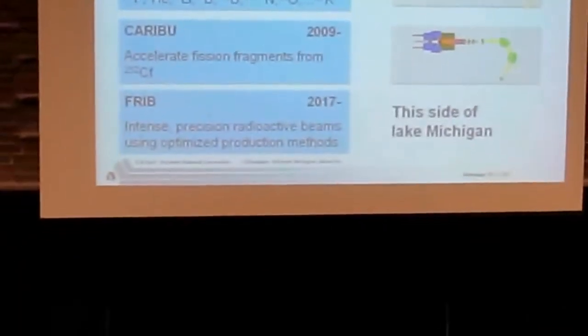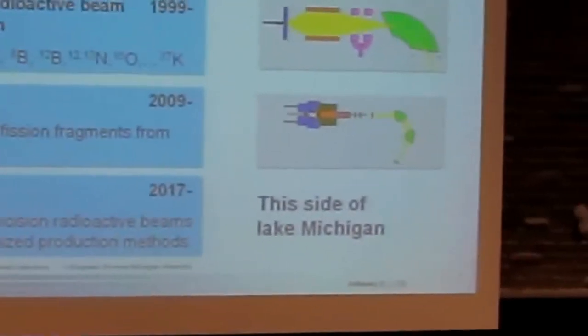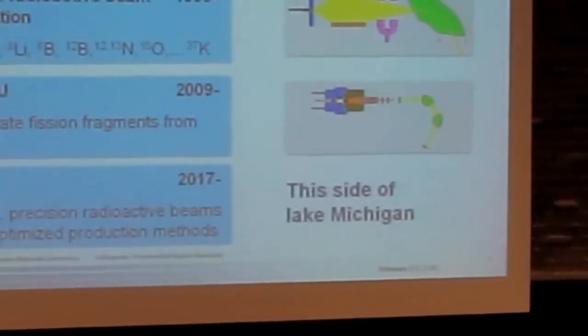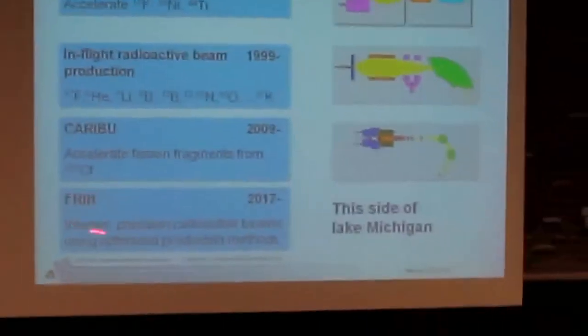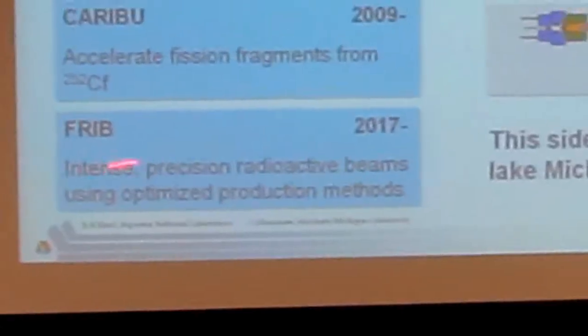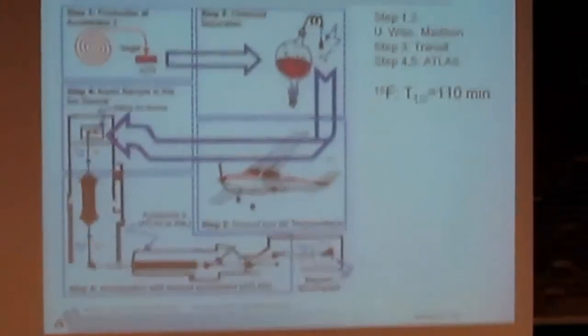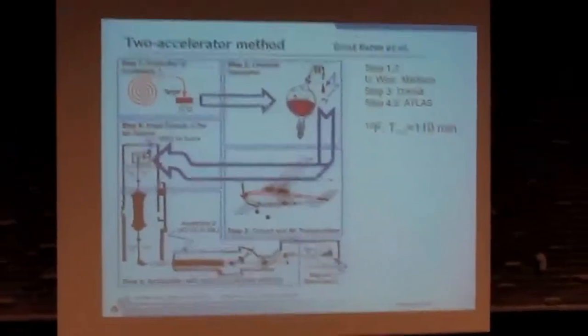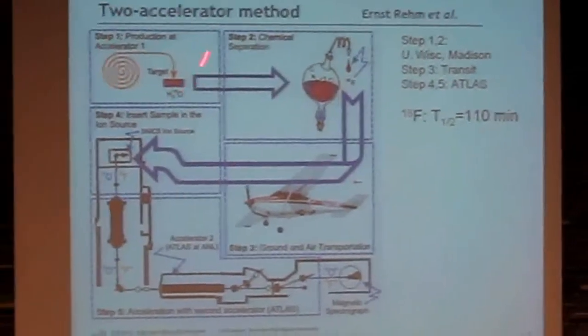And those two fragments that come out in the fission are actually very neutron rich. They're not stable at all. And so by taking these fragments, slowing them down, mass analyzing them, and finally accelerating them, you get some very interesting neutron-rich nuclei that are out in the region that you want to study. And then finally, as I mentioned before, in about 7 to 10 years up the road, there will be FRIB on this side of Lake Michigan that will be the world's leading facility for radioactive beams. So this is an old slide from Strain, who came up with this method. So as I said, you accelerate, you do a (p,n)